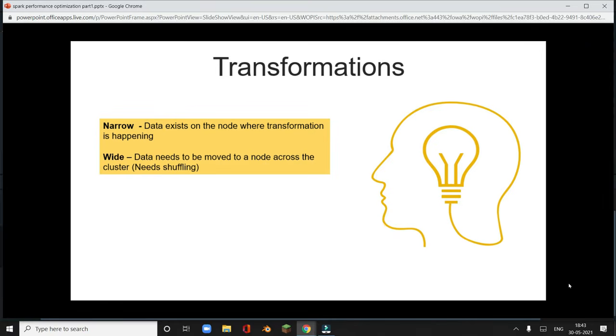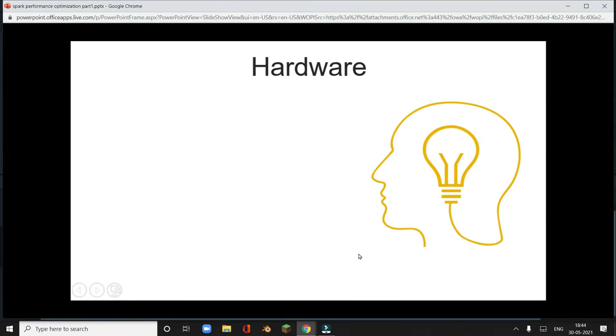Wide means that the data needs to be moved across nodes in the cluster, and that is where you would have shuffling. So by the definition itself we can see that wide transformations would cause a performance hit on our job. Depending on how much data the wide transformations are shuffling across, it will affect the performance. The problem is definitely that there is shuffling.